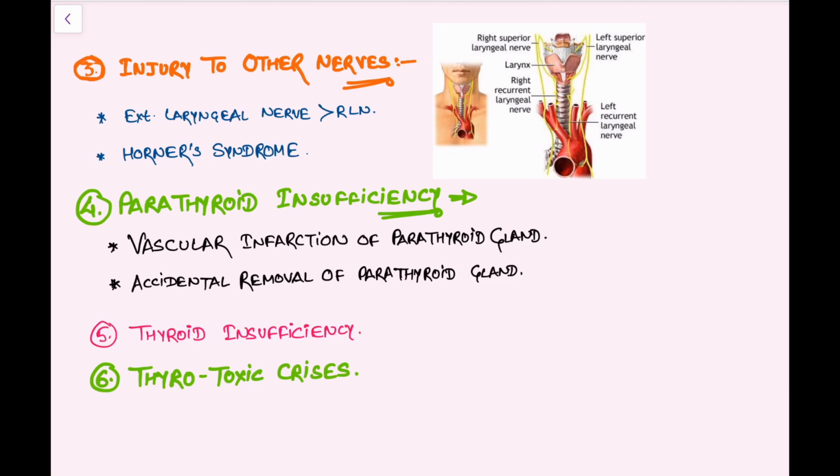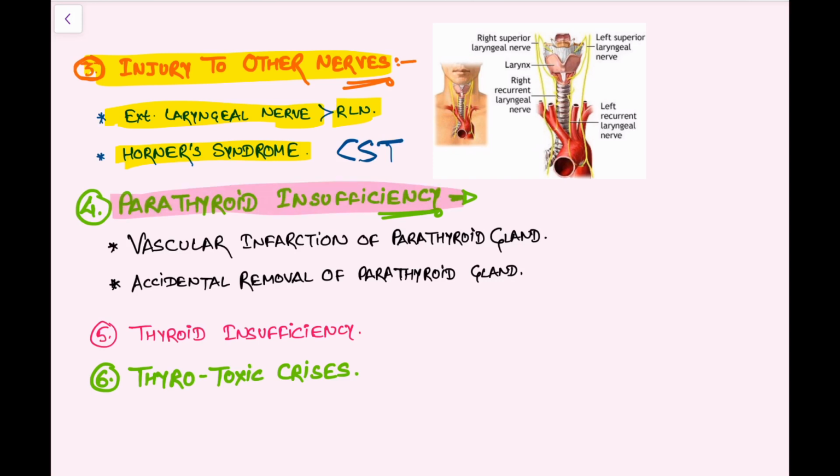Other kinds of complications are injury to other nerves. Here, injury of the external laryngeal nerve and recurrent laryngeal nerve, and also Horner's syndrome due to injury of the cervical sympathetic trunk. Another complication is parathyroid insufficiency. Why? Because we already talked about the vascular infarction of the parathyroid gland,